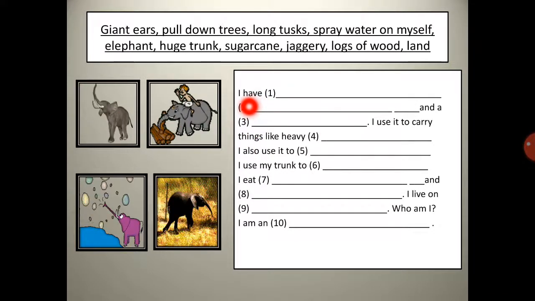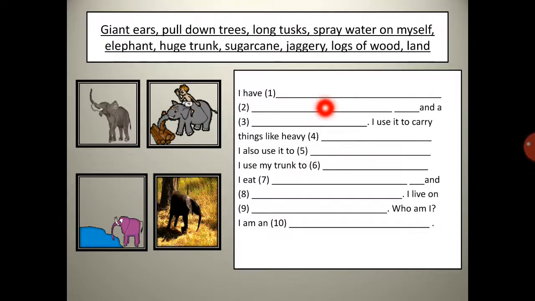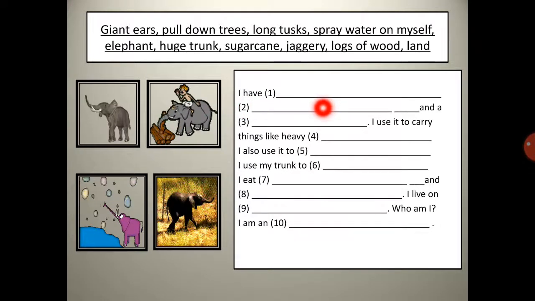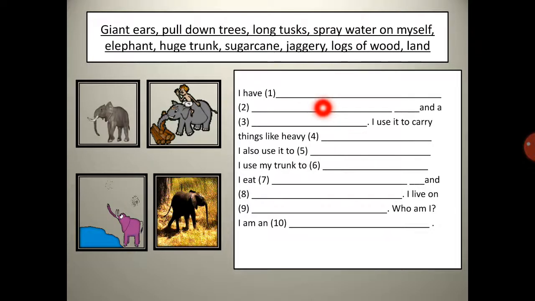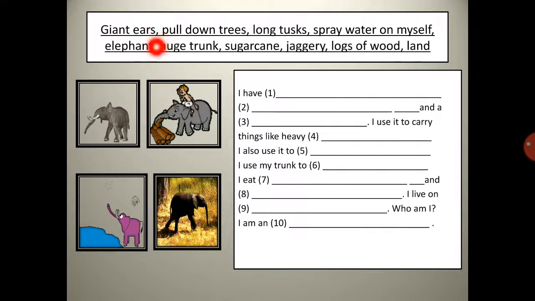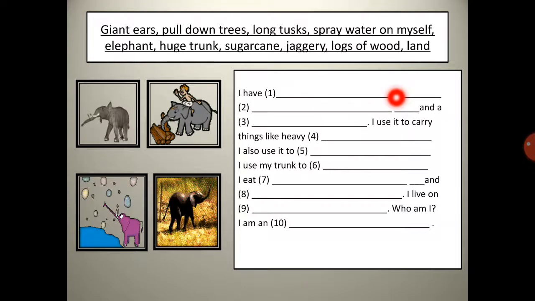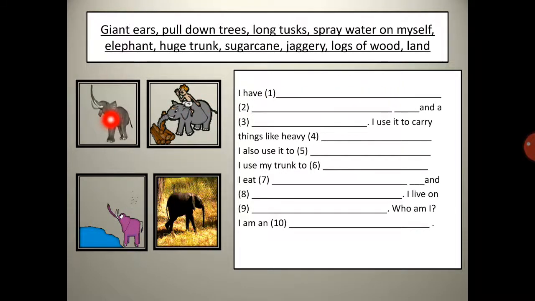Now let's read the passage. I have dash. Now the elephant is telling about itself. I have giant ears. Giant means big ears. So you will write big ears here. In the picture also you can see the elephant has big ears.